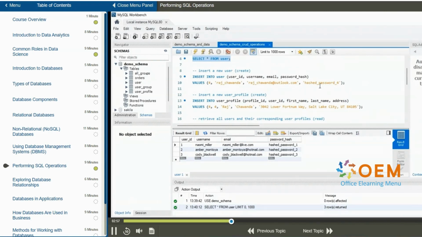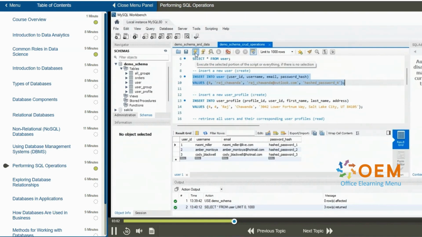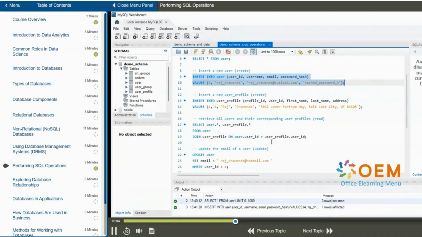Okay, so let's highlight lines 9 and 10. I'll select the execute icon. All right, and now down below again in the action output, note that the insert into statement has been recorded and 1 row